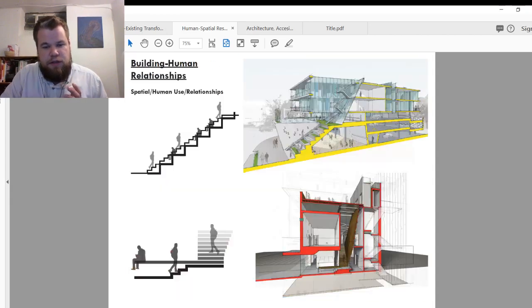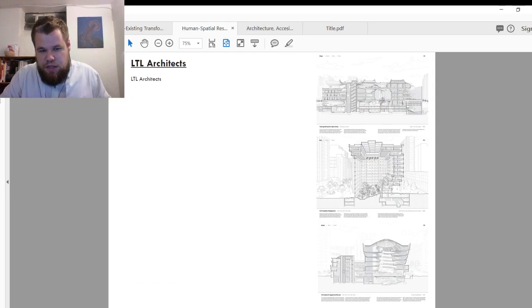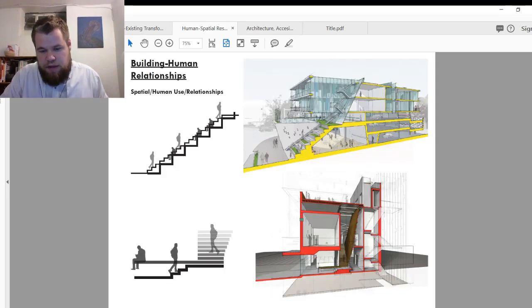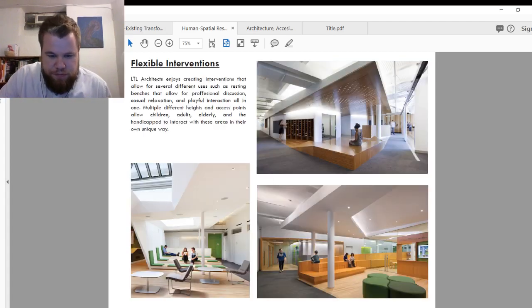They explore it in section, in plan, and start to see how these different spaces relate to each other and to the people inside of them. None of their renders lack people, so they can always see the scale and the way that they relate to each other. You see here how different parts of the building are fully interactable: seating, different ramps, different half walls